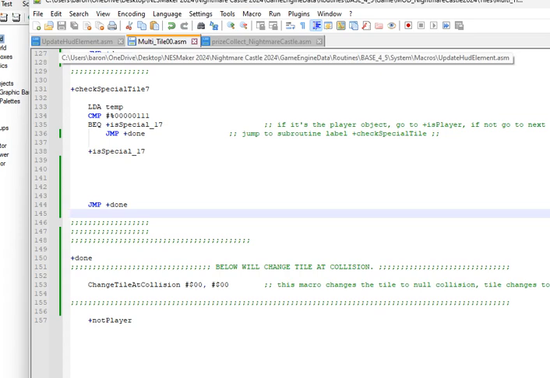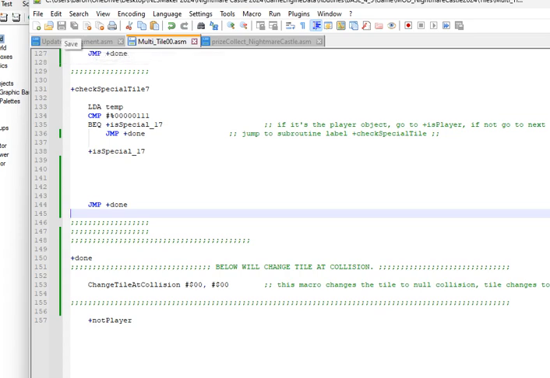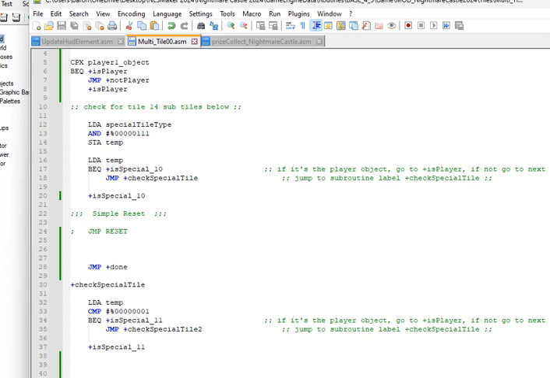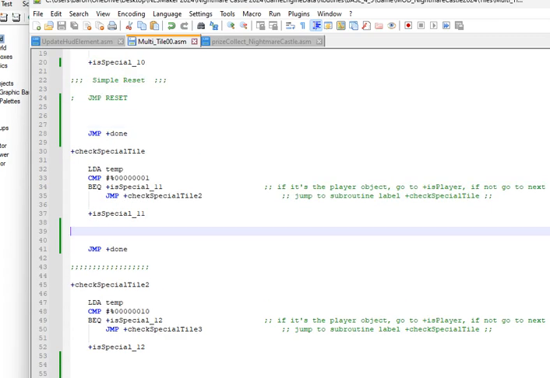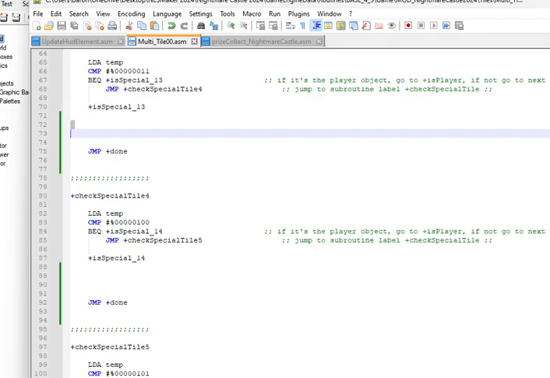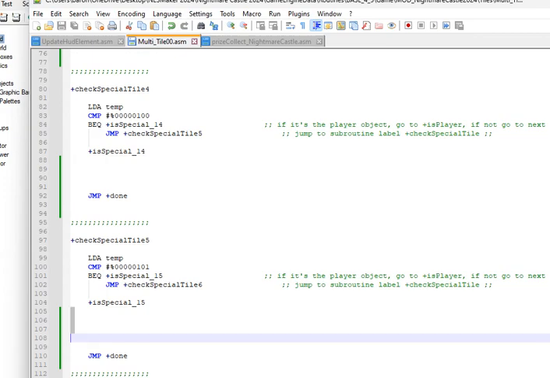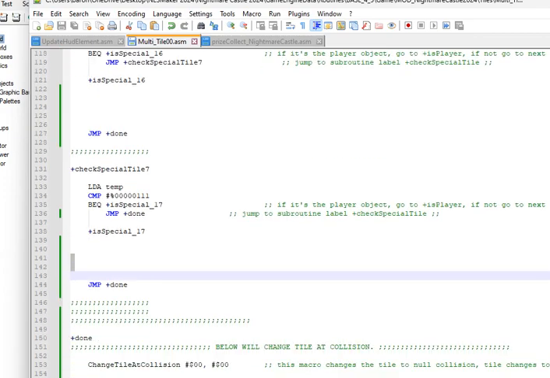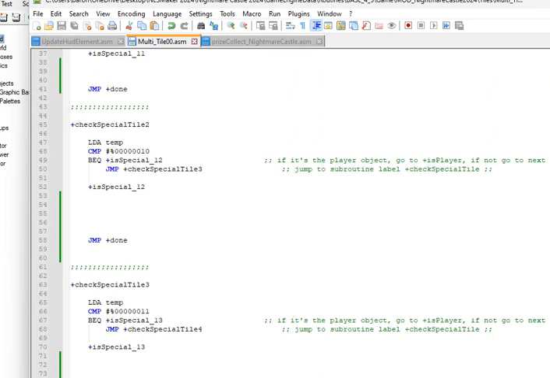And then you could have an unlimited amount of options. So right now this does 8 different options. This would be 0, 1, 2, 3, 4, 5, 6, 7, which would be your 8th option.